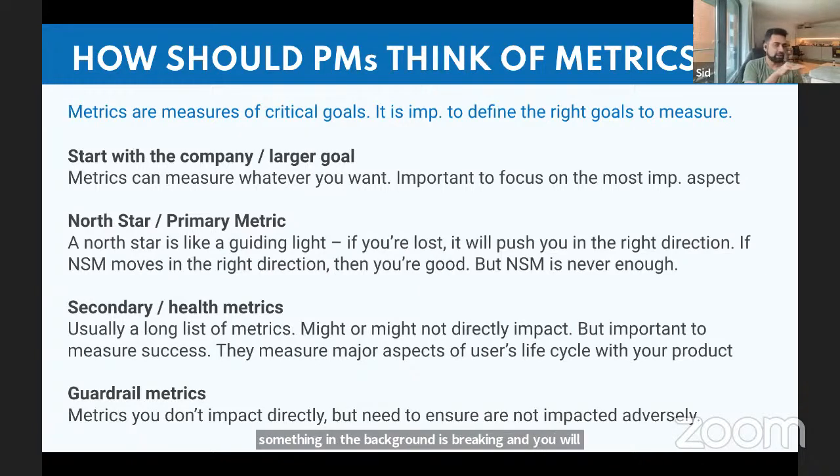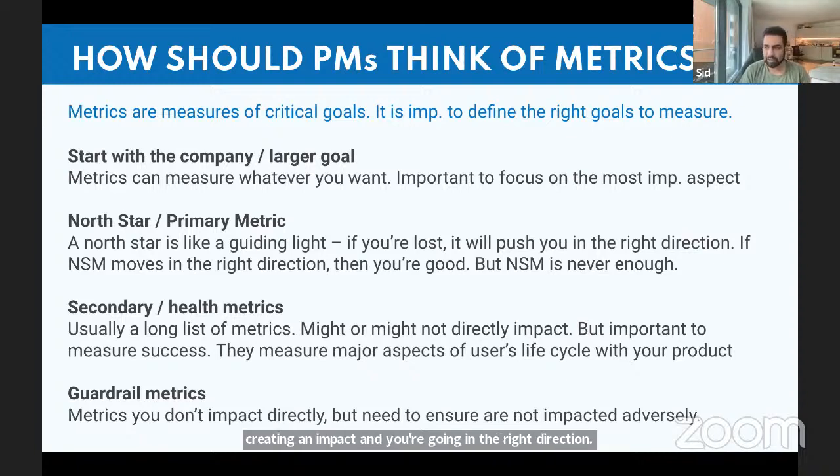That is where the next bucket comes in, which I usually like to call secondary or health metrics, which now starts measuring everything else that is also important with your North Star. So in this case, we would also measure things like average delivery time, and it should not go down when the orders are increasing. We should measure things like CSAT, which is customer satisfaction. We should measure things like the number of issues or queries, like whenever you have issues, you start a chat, so the number of chats initiated and things like that. Now, when you start measuring all of this together, then you have higher confidence that you're actually creating an impact and you're going in the right direction.